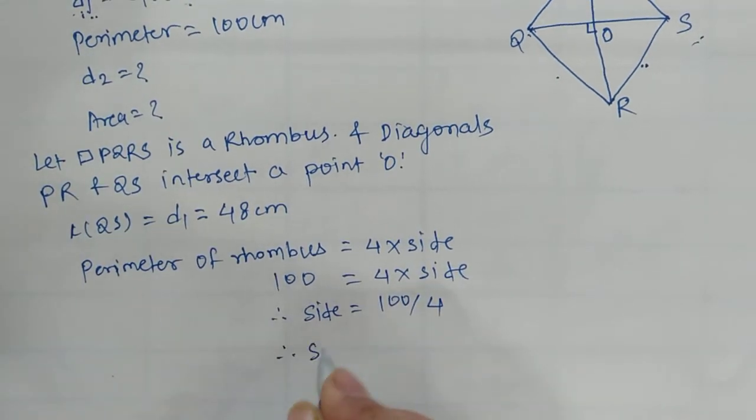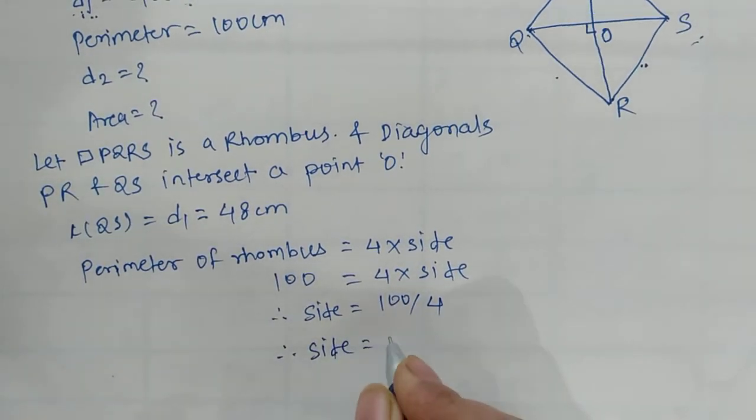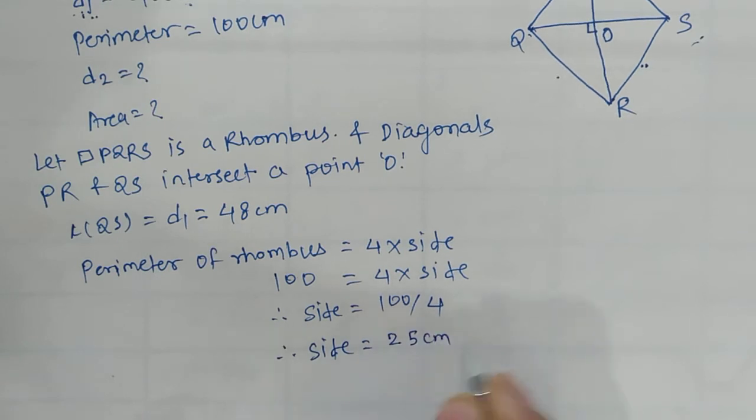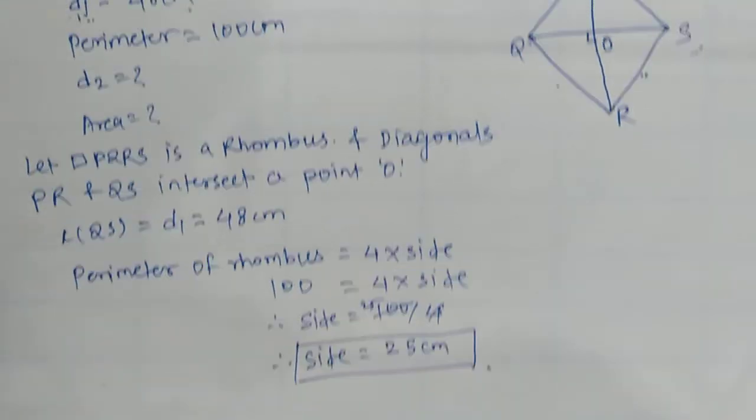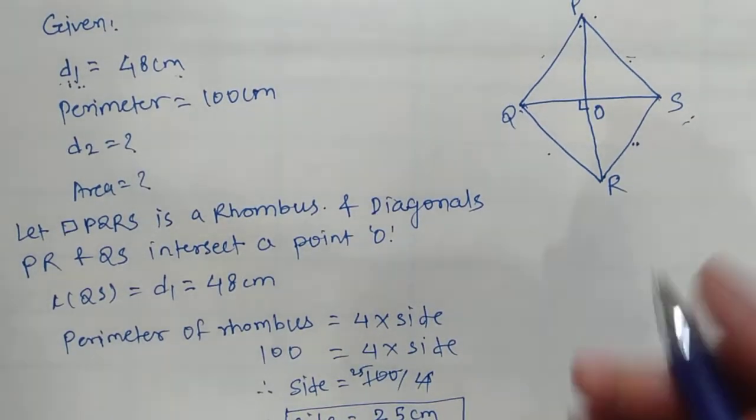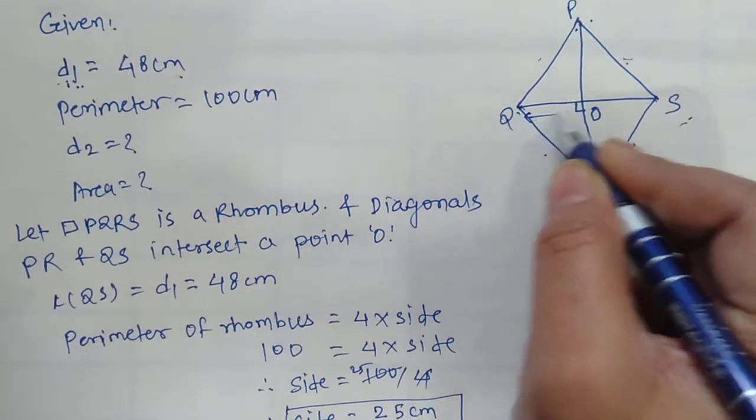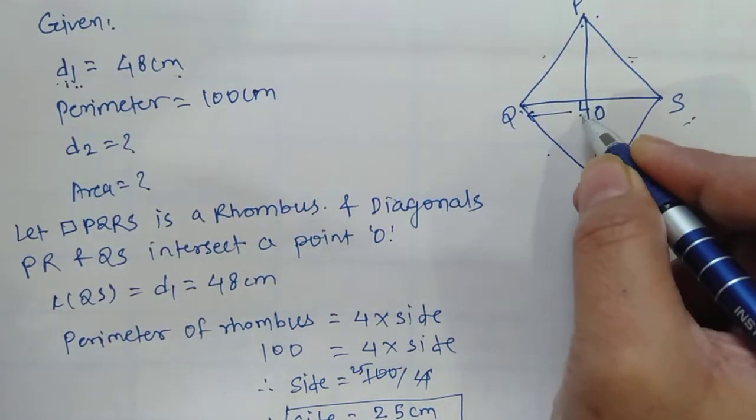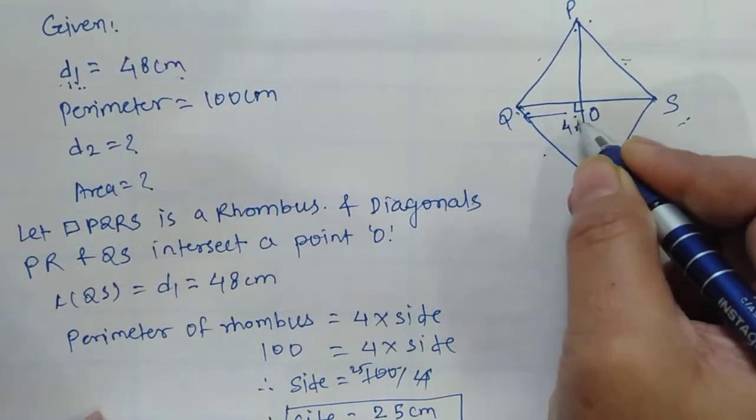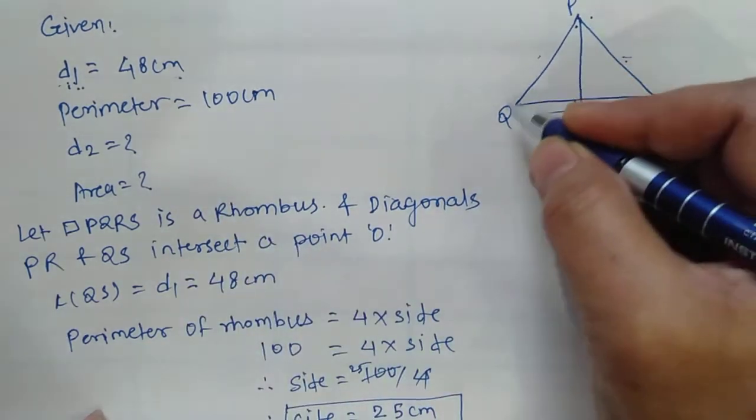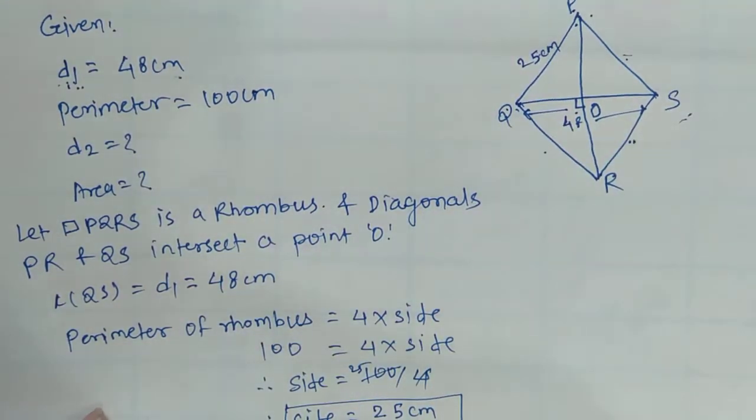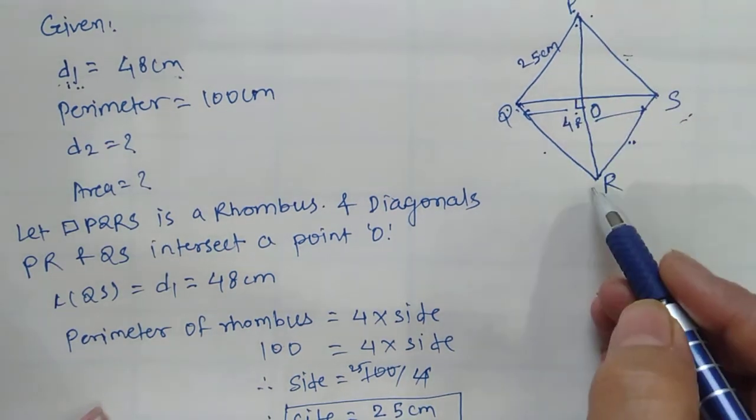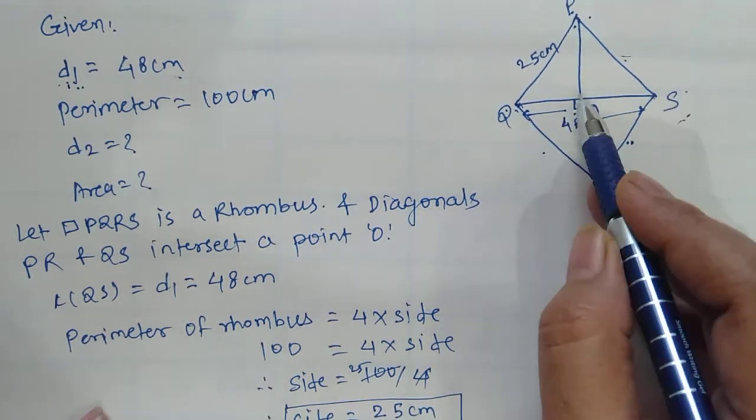So therefore side is equal to 25 centimeter. This is the 25. Now see the figure. The length of QS is 48 centimeter and length of PQ is equal to 25 centimeter, and we know that diagonals of the rhombus are